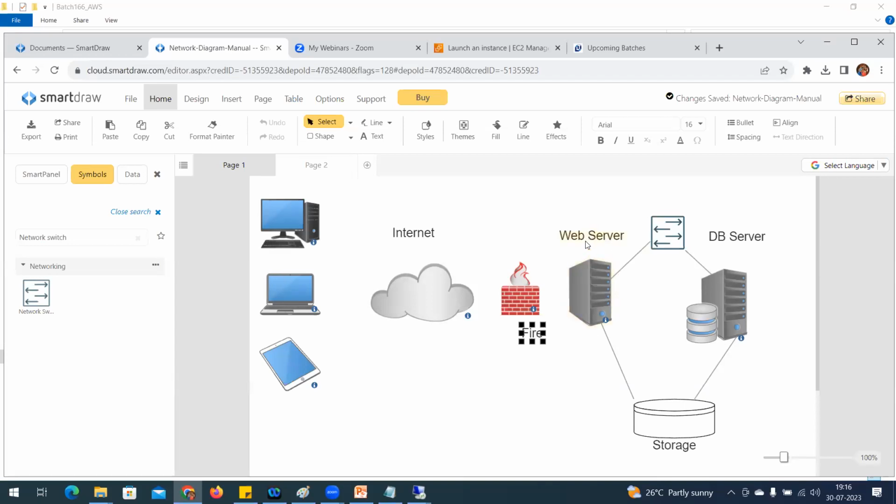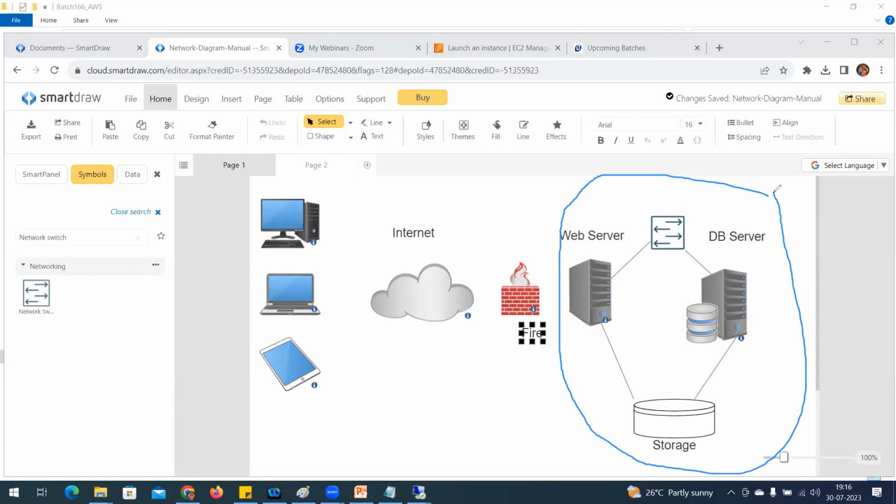A web server is there. This web server has some site information, some web page information. If you are able to access this web server information within the local area network, within these systems, within this boundary, that is intranet. If the same web page information is accessible from outside, by any system using internet, that is internet.